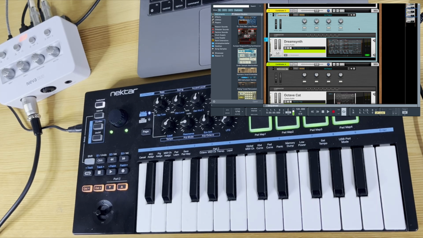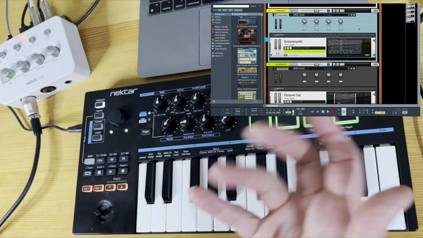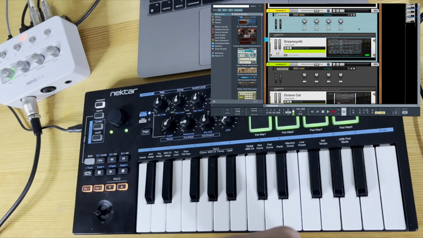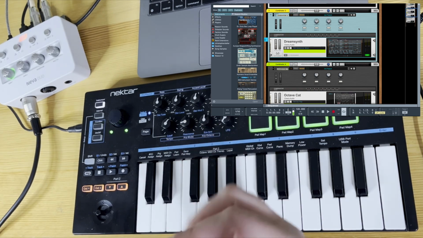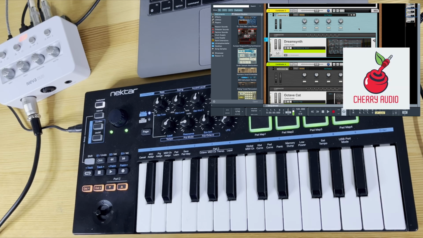DAWs on the market. And on this occasion, what I've actually got is the plugins that actually come with the Impact LX Mini, the LX Plus, etc., the T-Series panoramas and the GXPs and stuff. And the included Cherry Audio plugins, I absolutely love them. I think they're such a great sounding set of emulations of the real things. The Octave Cat and the PS20, which is a MS-20 emulation, and the Mercury 6, which is a Jupiter 6